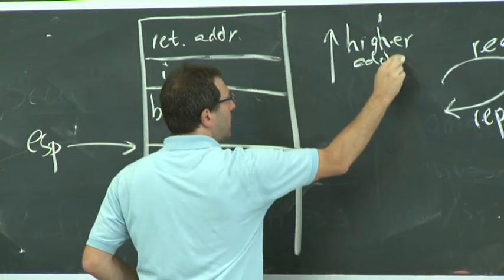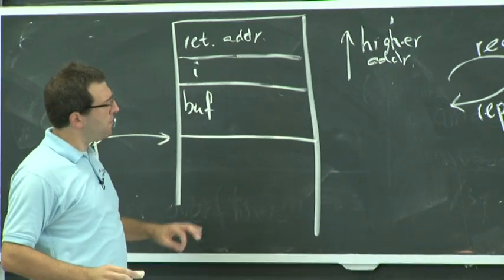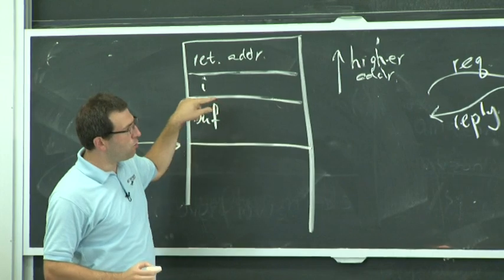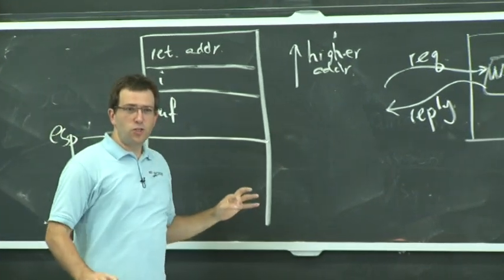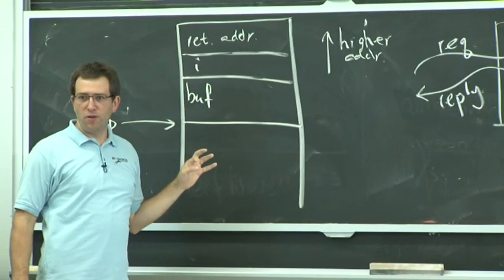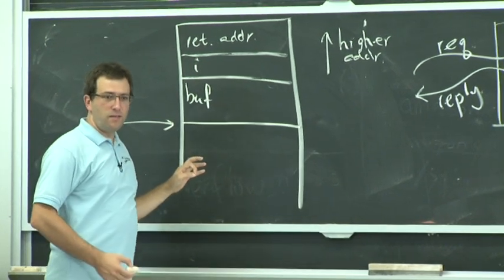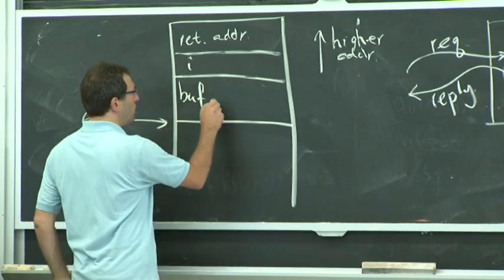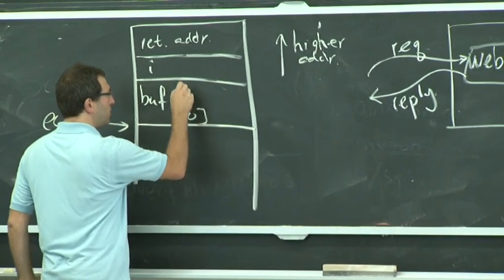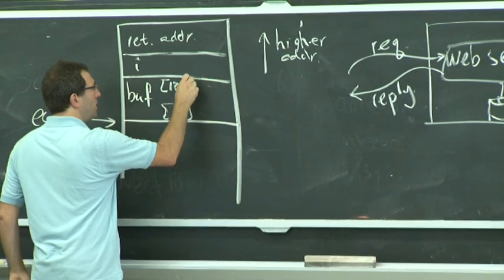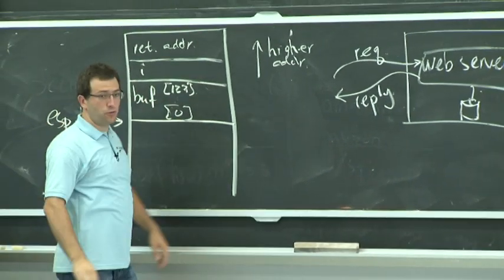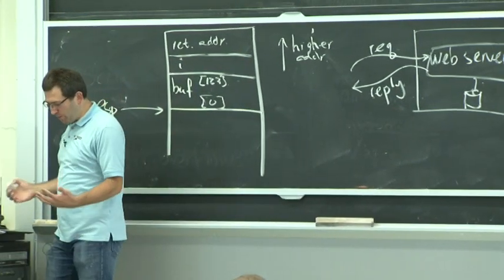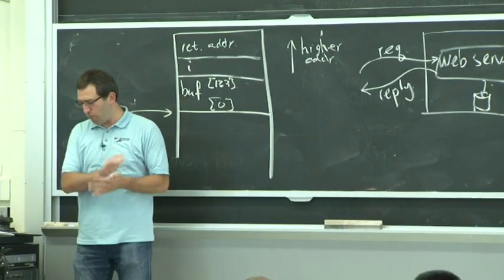So what this means is that we actually have to decide where is the 0th element of the buffer and where is the 128th element of this buffer. So where does the 0th element of the buffer go? Should be at the bottom, right? Because higher elements just keep going up. Yeah, so buff of 0 is down here. It just keeps going on. And buff of 127 is going to be up there. Then we'll have I and other stuff. OK, well, let's see what happens now if we provide that input that seemed to be crashing it before.